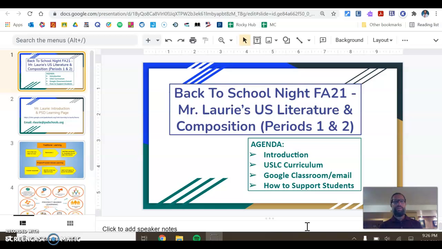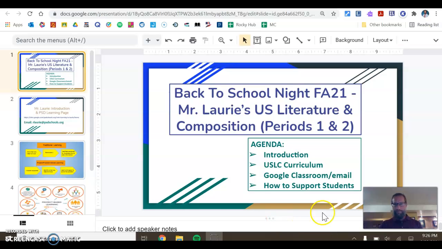In both cases, the class that we're working with right now uses, and you're going to hear this phrase a little bit in this presentation, project-based learning. Long story short, there are more traditional ways to teach this class, which I've done in the past, but mostly as a means to engage students and get them really interested and excited about the content and the class, I've transformed this into more of a project-based situation. So you'll hear a little bit more about that in a minute.